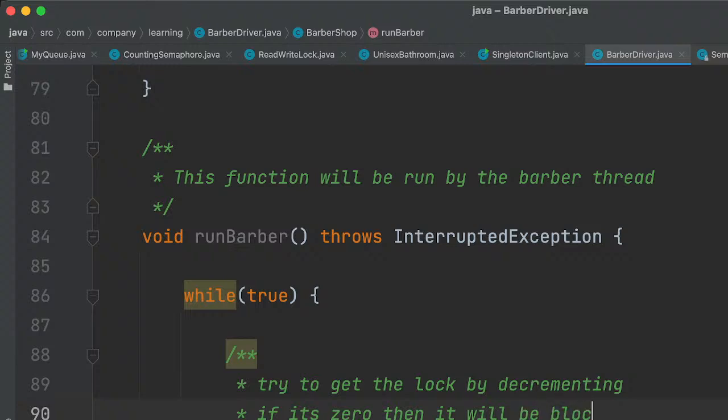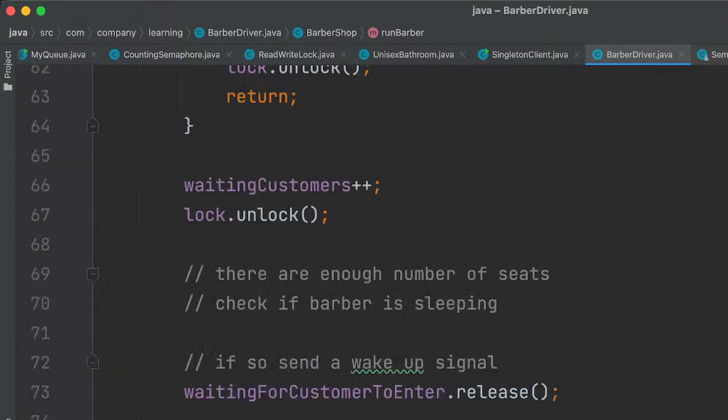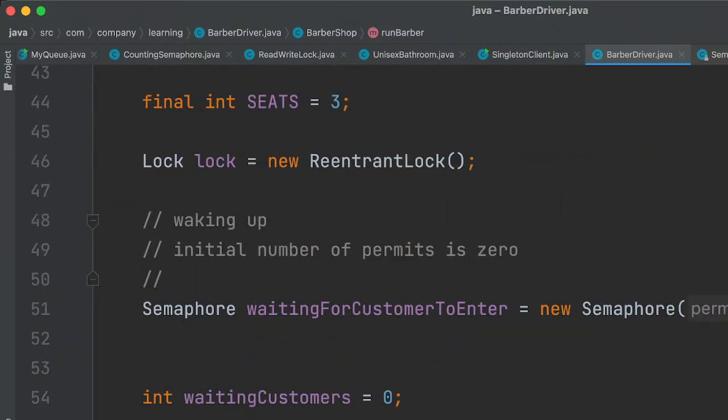So here we are signifying that initially there are 0 customers.